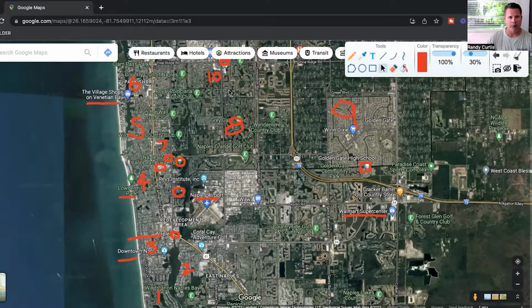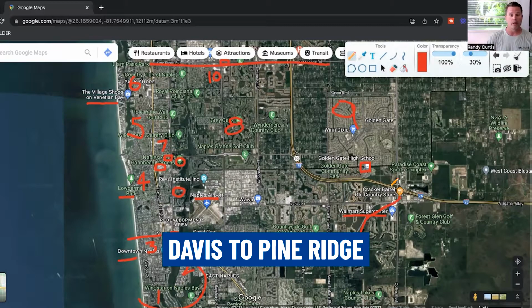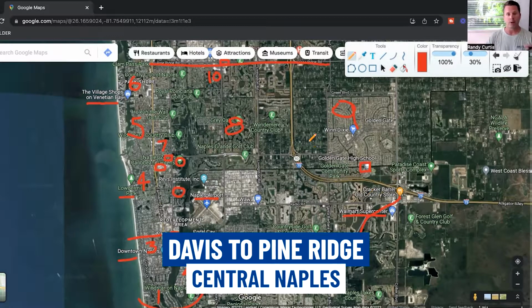So the boundaries would be from Pine Ridge here down to, it'll encompass Port Royal and Royal Harbor, but Davis. So this Davis comes up here and then actually connects to the 75. So from Davis up to Pine Ridge, and then again, some of your main streets going north and south, as